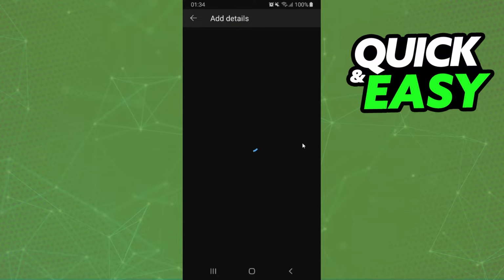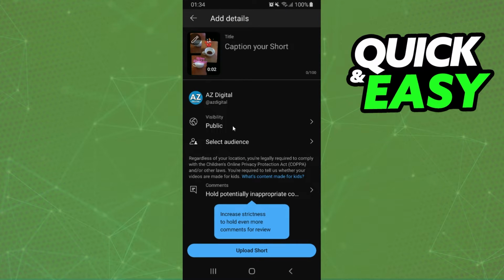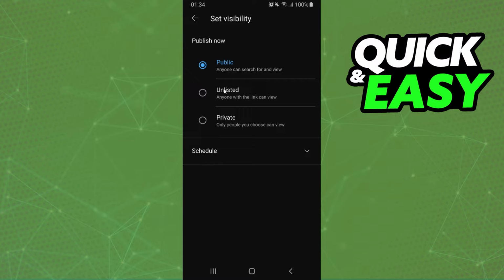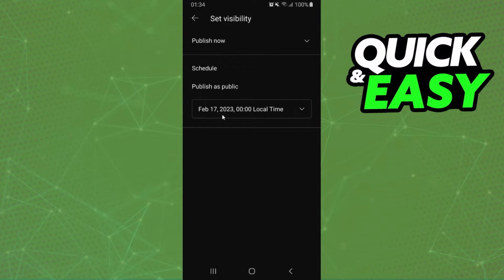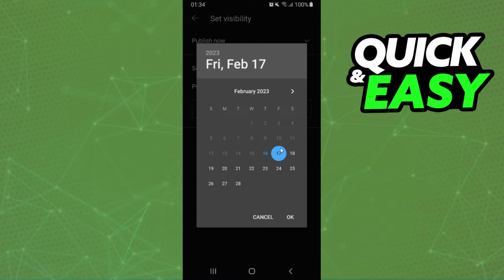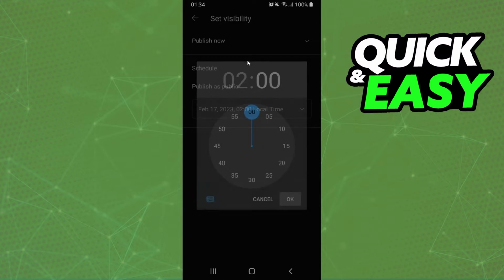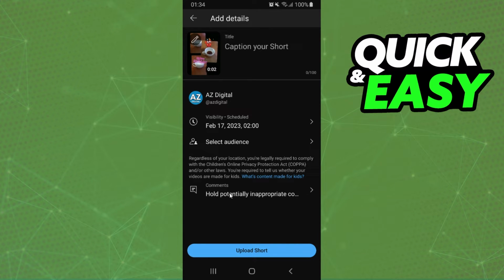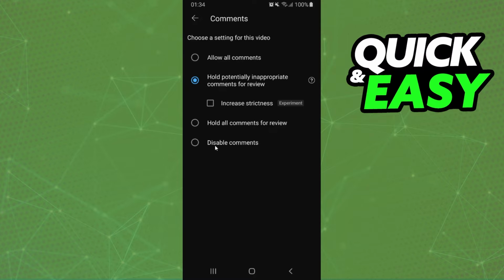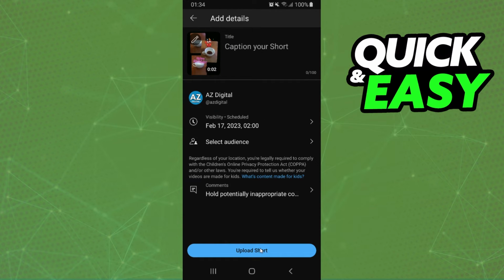Next again. And on details you can set your video as public, as unlisted, as private, and schedule your video if you want. Here you can select the day and the time that you want to post your video. Okay, you can also click on comments right here and disable comments if you want, allow all comments, hold potential inappropriate comments for review. That's the best option. Okay, then you just need to upload right here and that's it, you posted a video